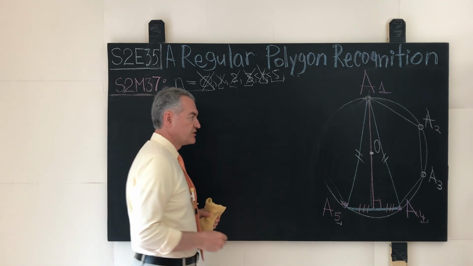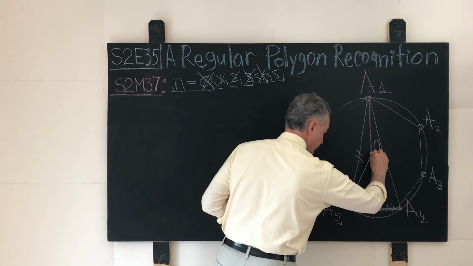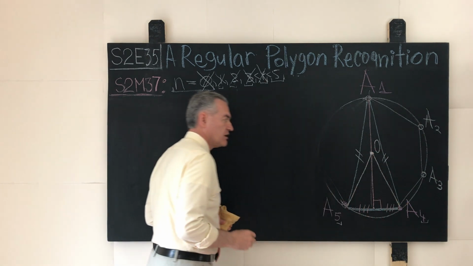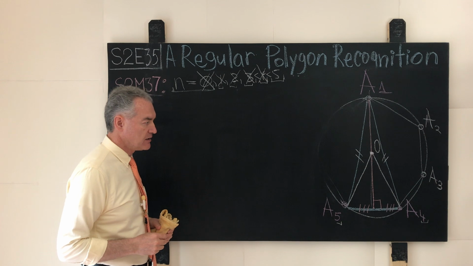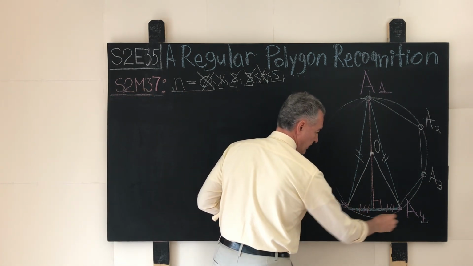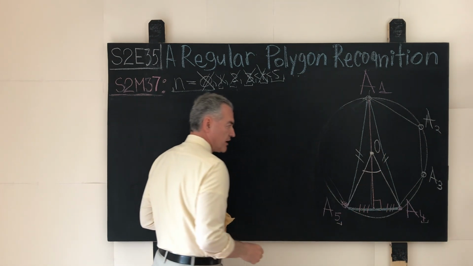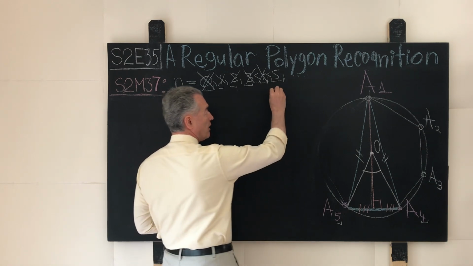What is the magnitude of the central angle generated by any two immediately adjacent vertices of any non-degenerate regular polygon on n vertices? What is the magnitude of the angle, for example, A4OA5, this one? Well, that magnitude is apparently 2 pi